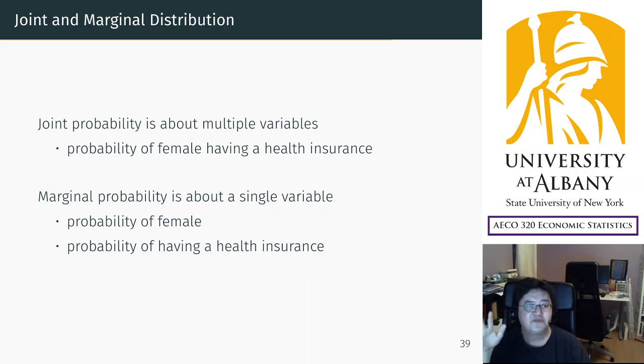When you have more than two variables, the definition is still similar. Joint probability distribution is about multiple variables, could be more than two, but marginal distribution is usually about one single variable. So these are what we are going to learn. Actually, we have seen all of these. So I'm going to